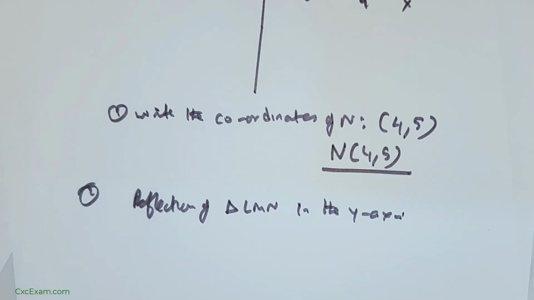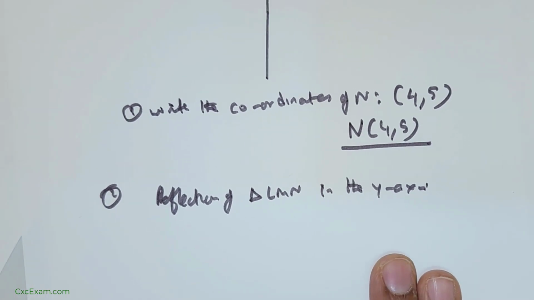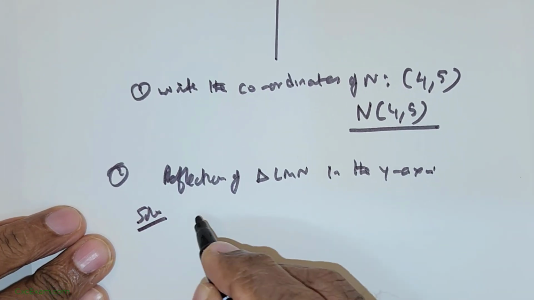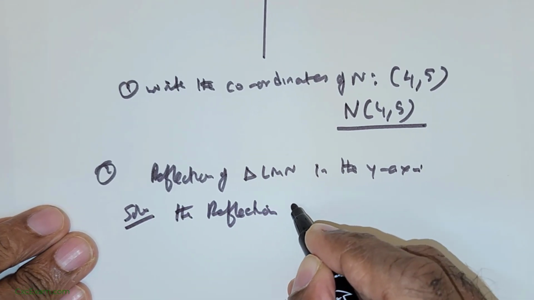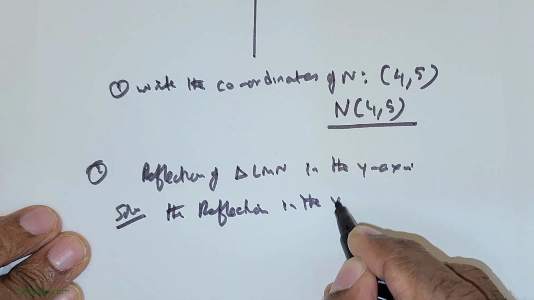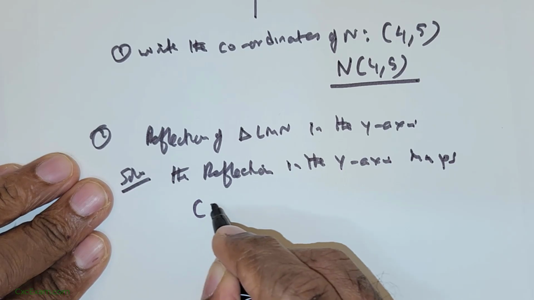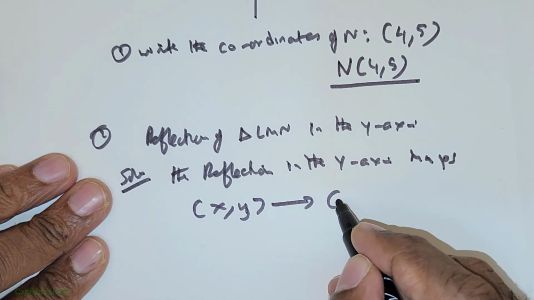So the meaning of this is, a solution. The reflection in the y-axis maps each of the x, y to